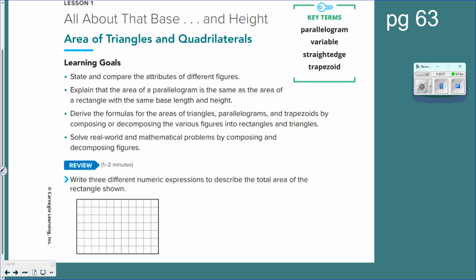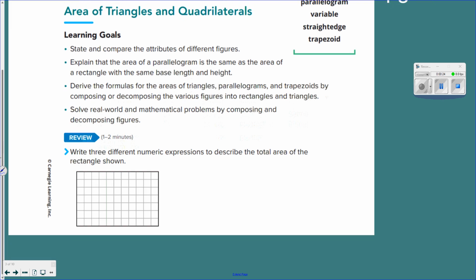Today we are moving on from fractional operations to area. The reason we did fractional operations first was because you will be using them in some of our areas. Not all of them have whole number size. Does that make sense? Okay, so before we move into the meat of the lesson, I want you to write